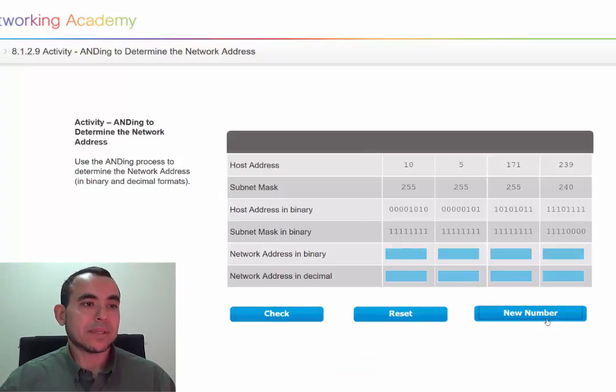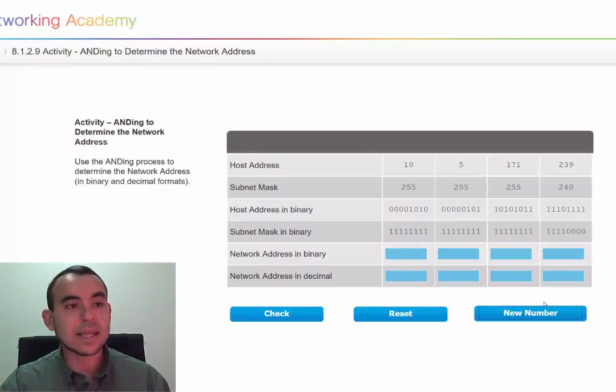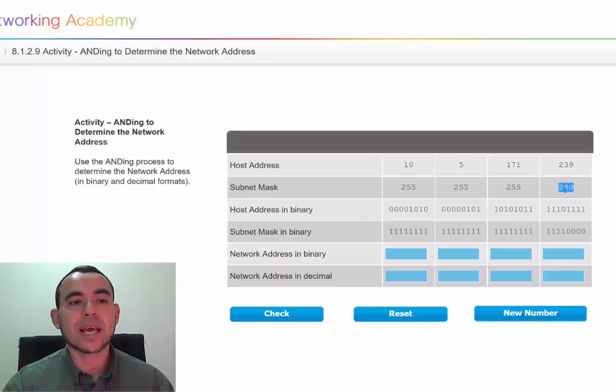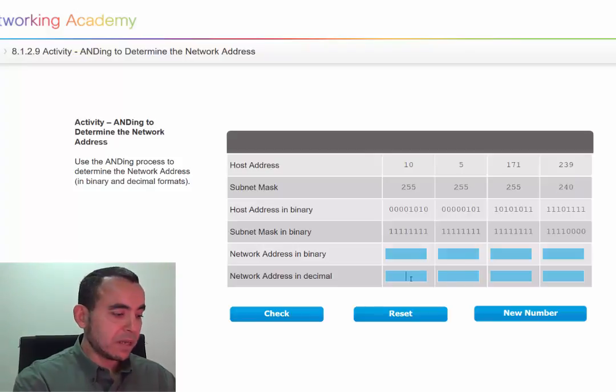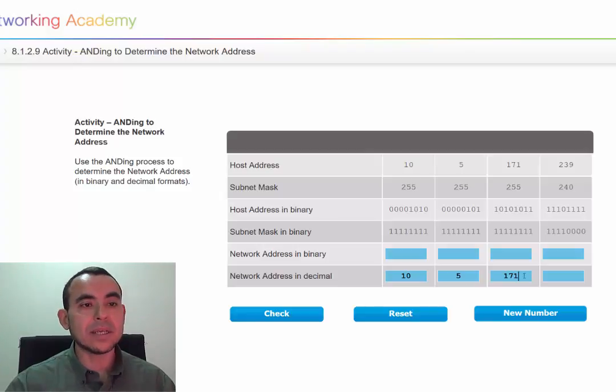Here, this is another example, and we can see that only the byte that's not 255, we need to be careful when we perform the AND operation. For example, this byte here is 240. Obviously, this part of the address will stay the same, this part of the address will stay the same, and this part of the address will stay the same, and only this part we need to be careful. 240 is actually 4 ones and 4 zeros,